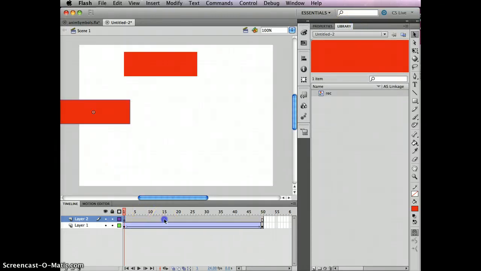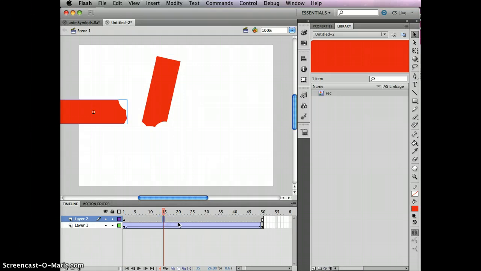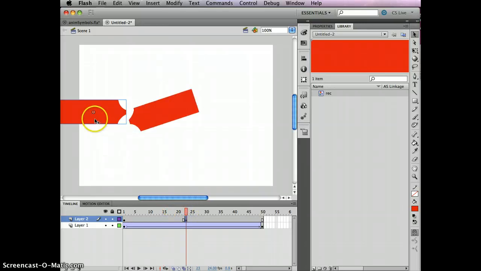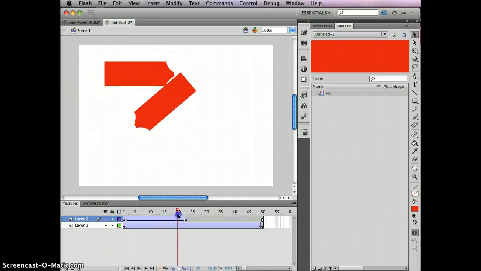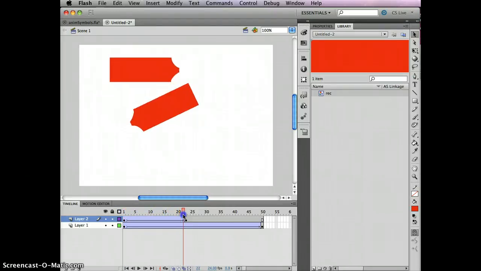And I want you to notice something else here that may be a little bit peculiar to you at first. What we'll do is move this guy. Let's see, I'll do F6 right here. Move this just up a little bit like that. Do a classic tween in here. Now notice this. As soon as this gets to the new frame right there,